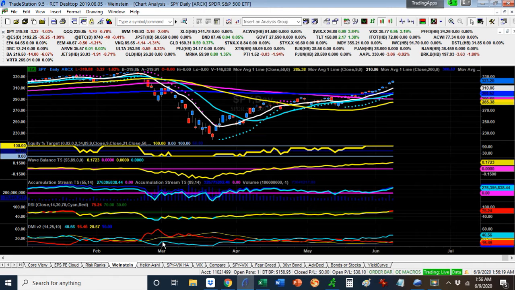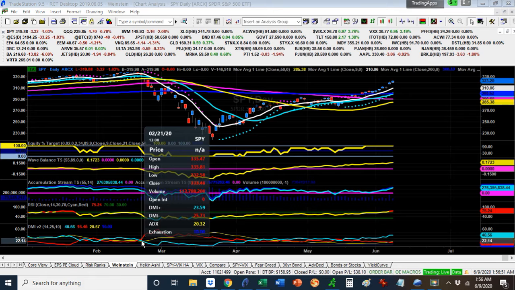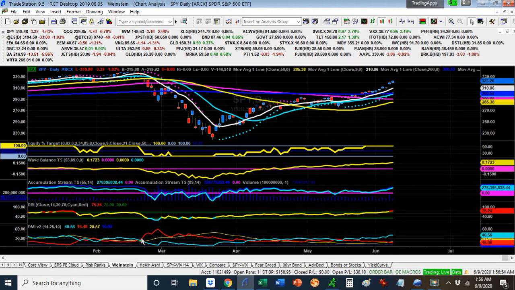The DMI I found is incredibly powerful. If I had only one indicator, I would use the bet sizer indicator, but if I couldn't use the bet sizer indicator, the DMI is pretty good. It basically pays attention to the buying pressure. Is the price tending to move at the upper end of its channel or the bottom end of its channel? And it tracks that. As you can see here, when this red line crosses above, that means that the prices are